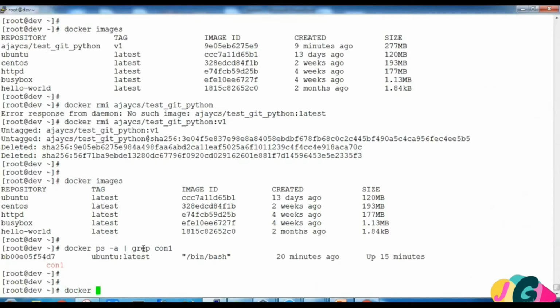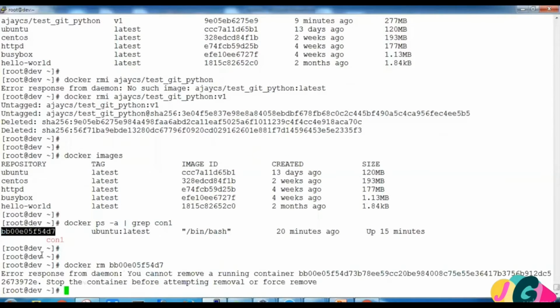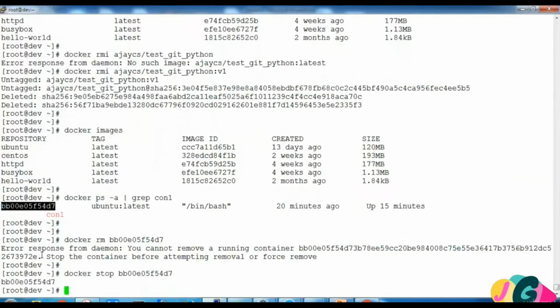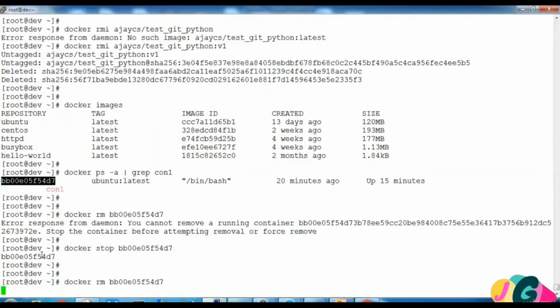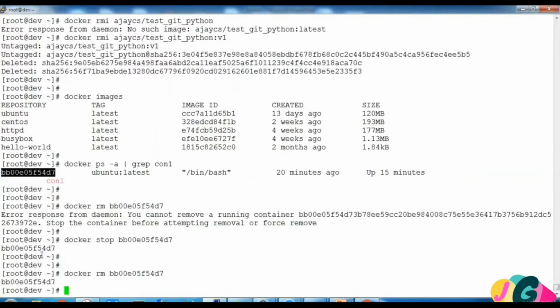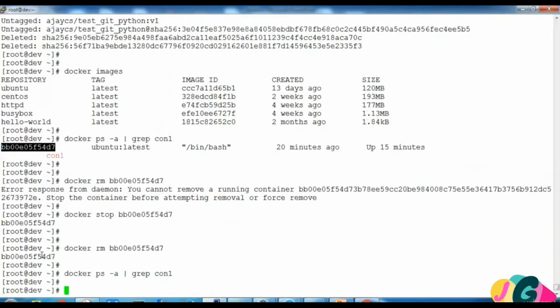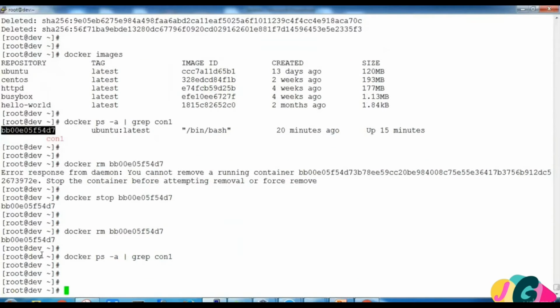So we'll say docker rm, and we can give the name or ID. It says it's running, so we need to stop it. So we'll say stop, and now we can remove it. So it's successfully removed. Now if we check the list, it will not be there, no output. That means this container is no longer available.